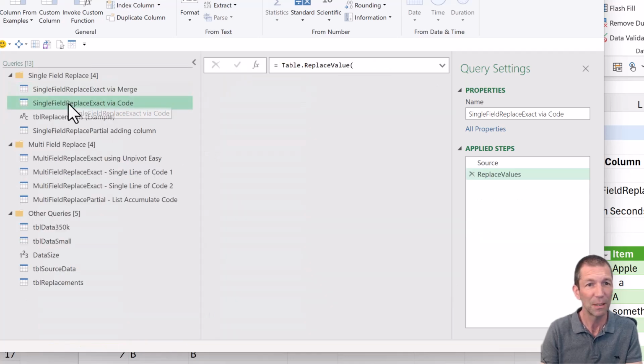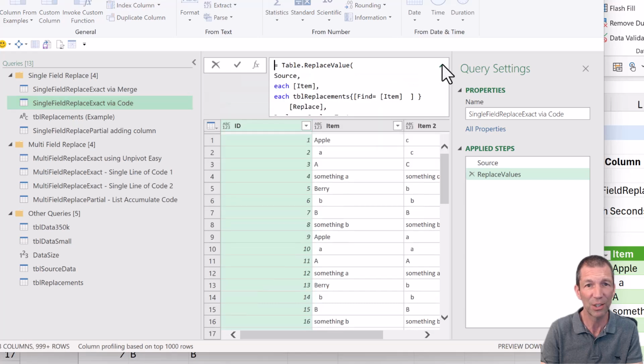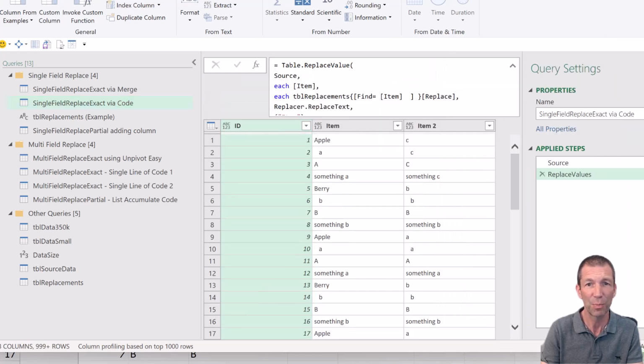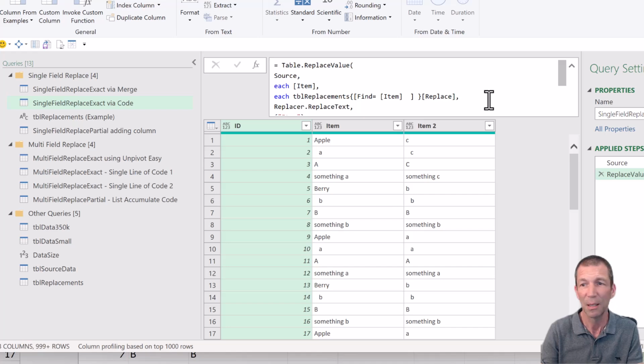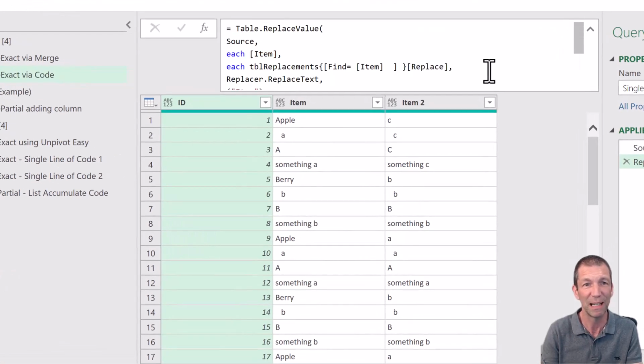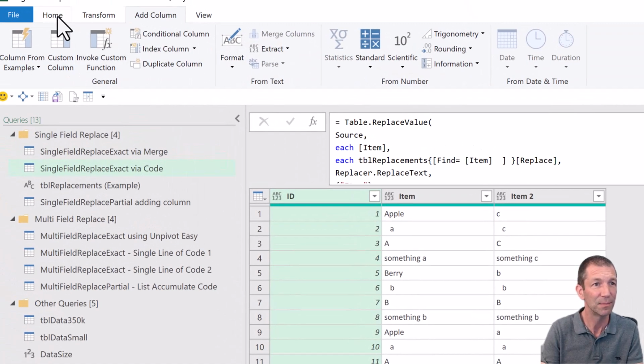The next one, that was a 130-second refresh. Let's just have a look at the code here. This was pretty funky. I like this as a concept, but the 130-second refresh really puts me off. The merge is just way better. So if I actually go to the advanced editor,